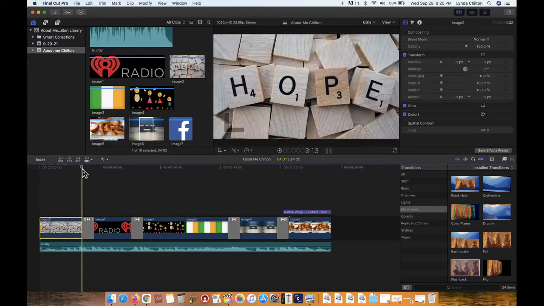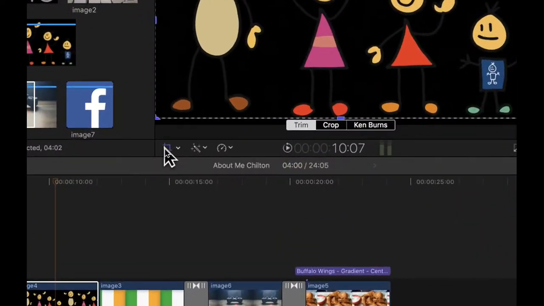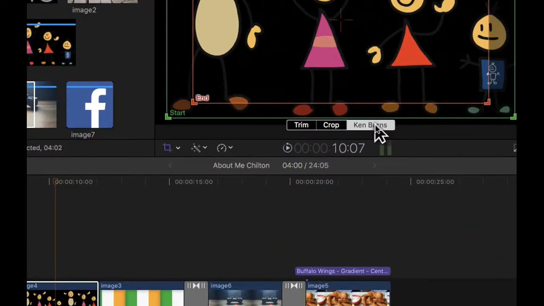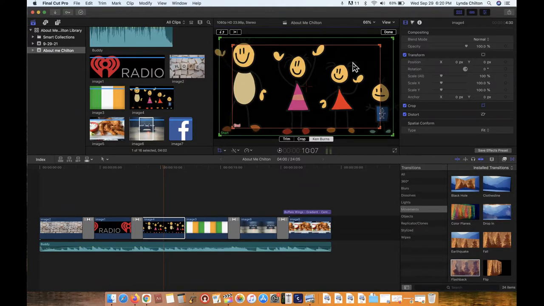Okay, so you can notice it puts motion on the different pictures. So I'll show you one more. Click the picture, click crop, Ken Burns. And if you want to leave it as the default, you can. So this one is going to give that same effect, but maybe I want to make it a little bit